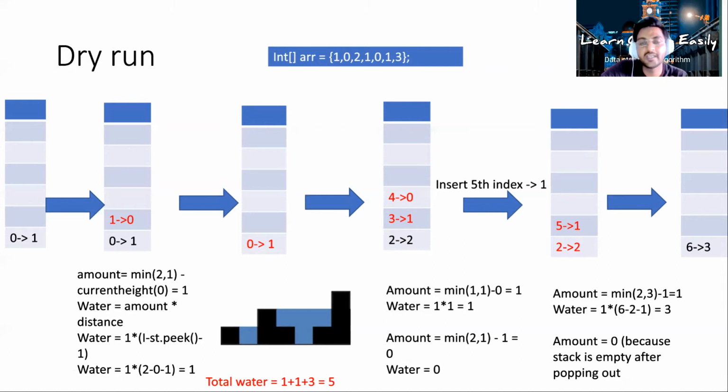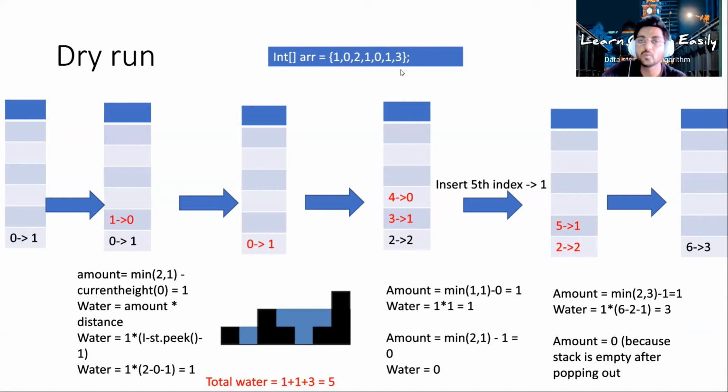Now you will pop out the next element, which is this one. So this red color denotes we are popping out. So here you want to calculate the amount of water. After popping out, your stack is empty. So we cannot store any water, and the answer will be 0 at this particular element. Next we will insert the element 2. Then next is 1, which is smaller, insert. Next is 0, insert into the stack. So we have these 3 in the stack.